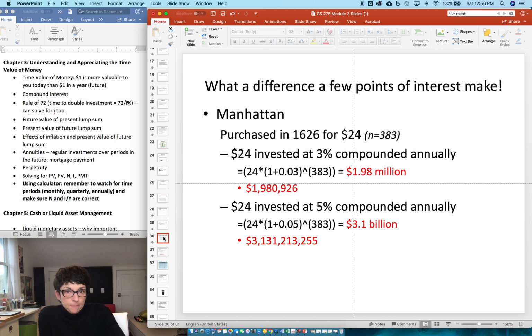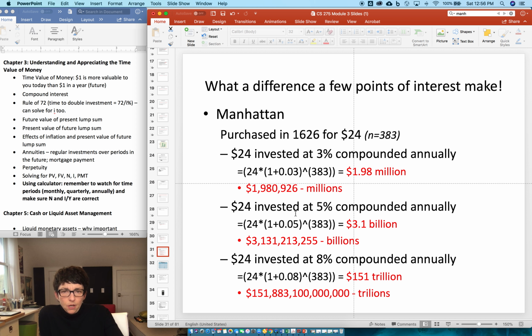Now, if we decide that inflation was actually 5% per year, then in today's dollars, that $24 purchase would actually have been more like $3 billion. Still a pretty good deal. I doubt very much I could borrow $3 billion though. And the book's version of this little word problem is,